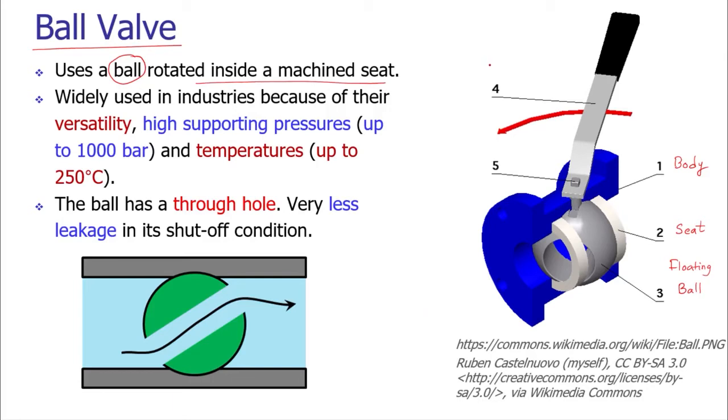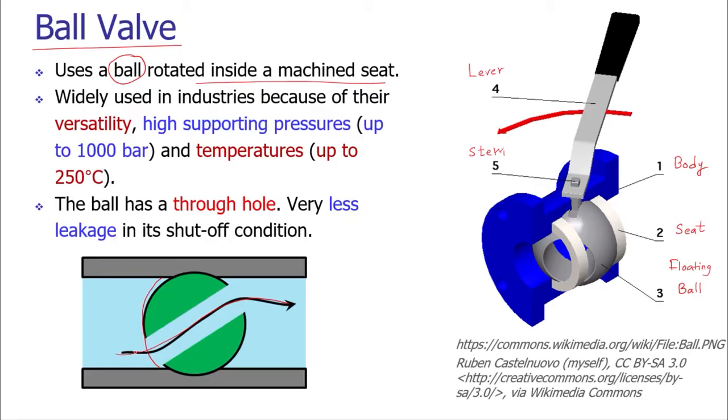The ball valve is operated by a lever, and the lever is having a stem. As the lever is rotated, the ball is also getting rotated, and then we can easily have the passage of fluid through the perforated ball. If the passage is in line with the passage of the body, then the fluid will pass in this way. Otherwise, if this portion comes here in this way, it is shutting off the fluid flow. It is stopping the fluid flow.